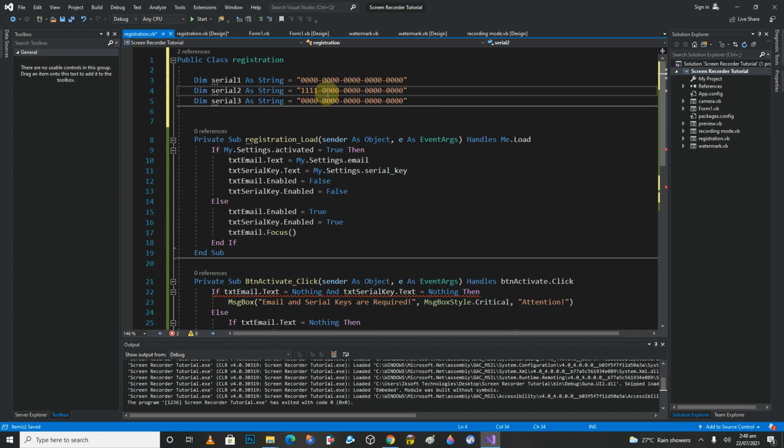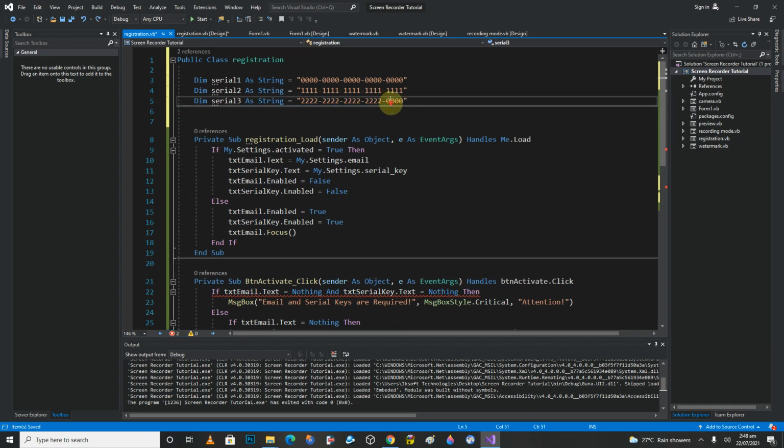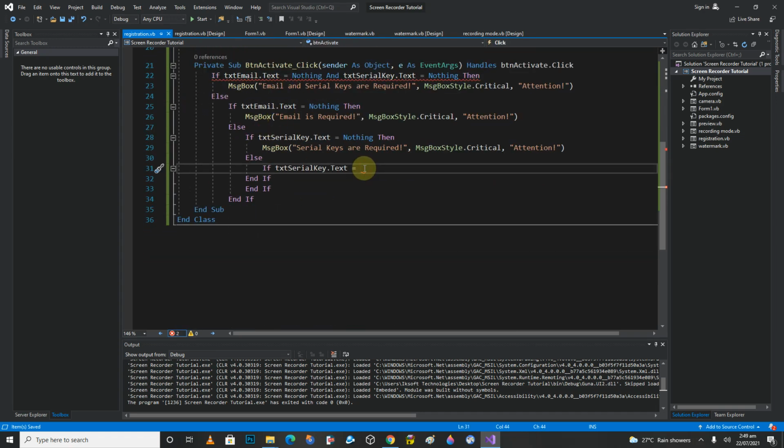So this one is going to be 1111 1111 1111 1111 1111, and this one 2222 2222 2222 2222. Good. So these are our serial keys, and we're going to cycle through these statements so that we can get them here. So if our txtSerialKey.Text equals serial1 or serial2 or serial3,